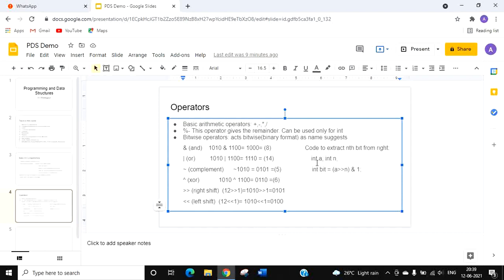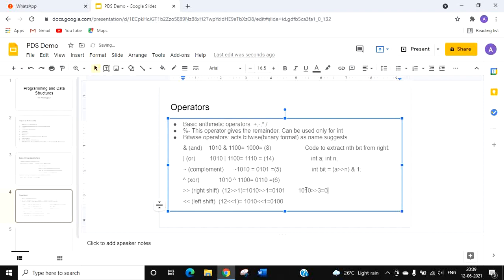We take the integer a, and n is the nth bit, so we right shift it by n, and AND it with 1. If we see the example here, suppose we want to extract the third bit from the right in this example, then we will do 1010 right shift 3.